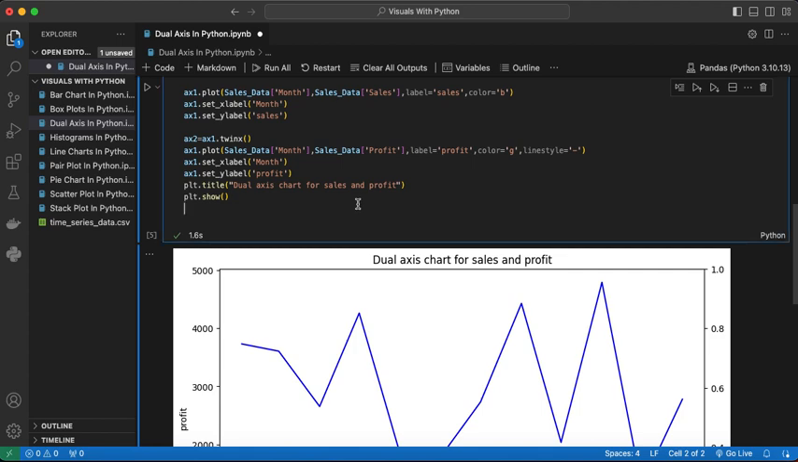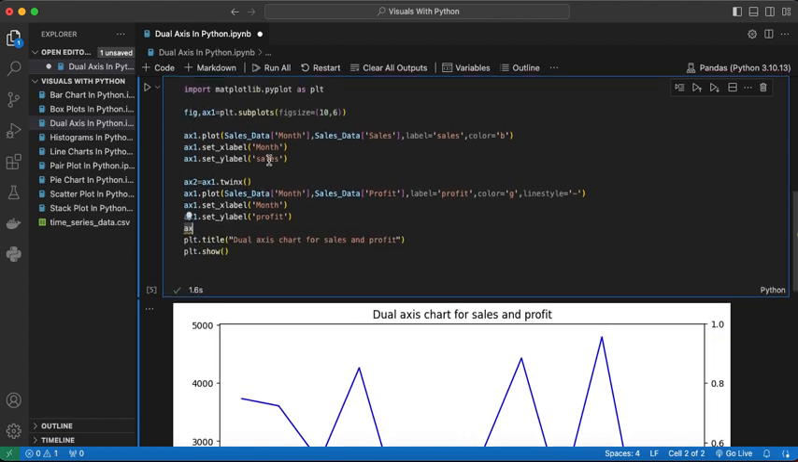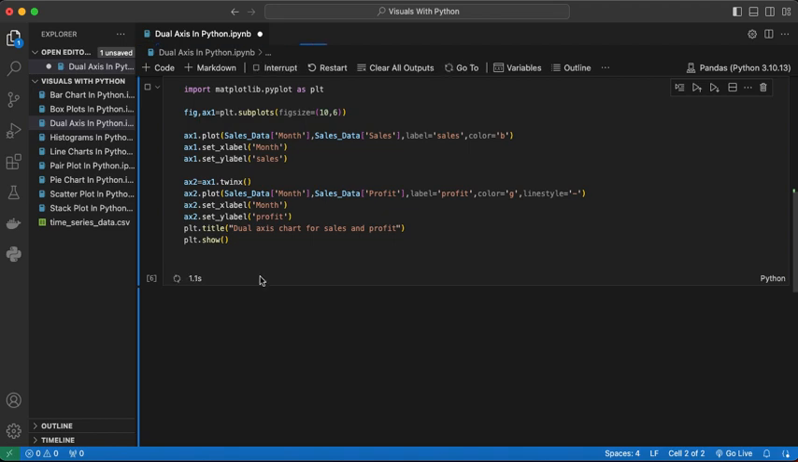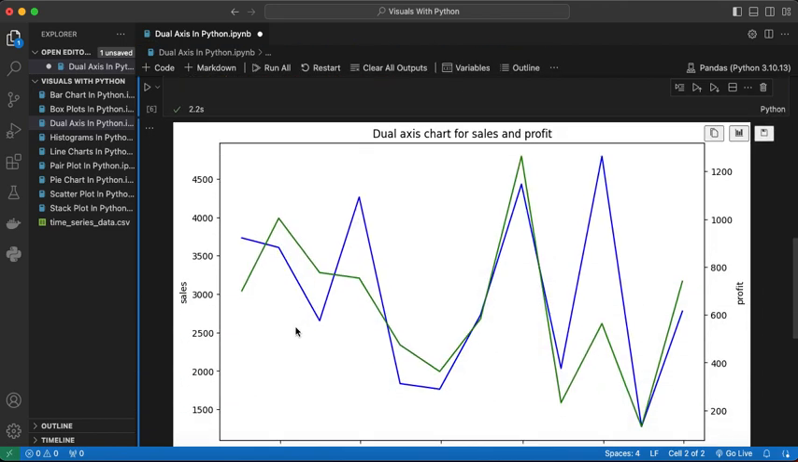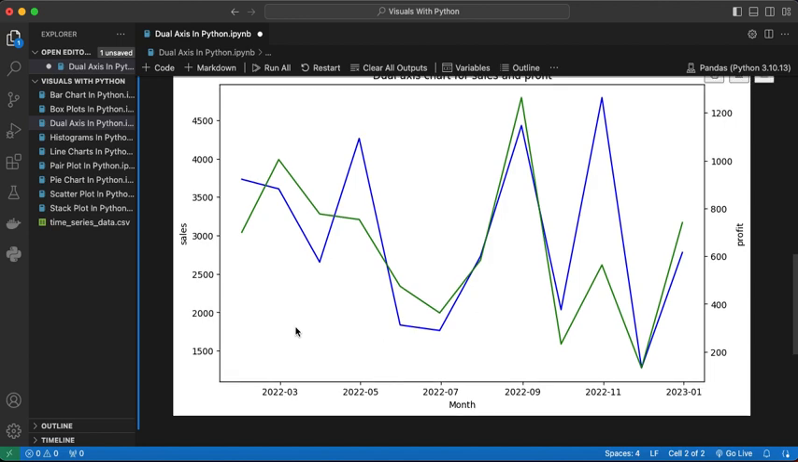Yeah, so I didn't change the name here. It needs to be ax2 in order to see correctly what we are looking at. Now let's see. Here we are now seeing the profit on the right side and the sales on the left side. So now